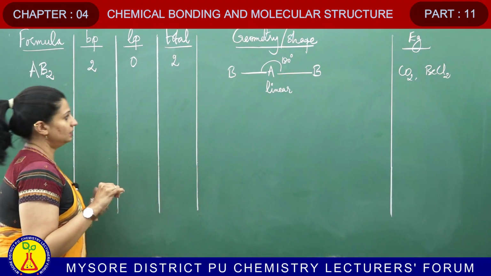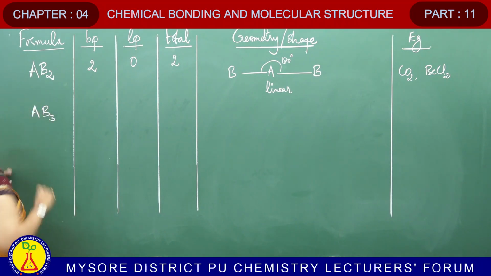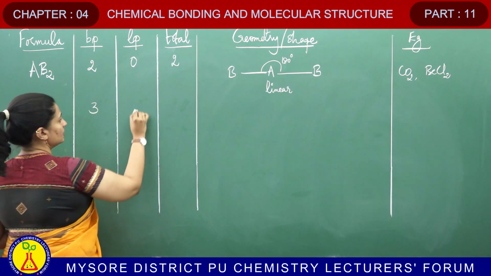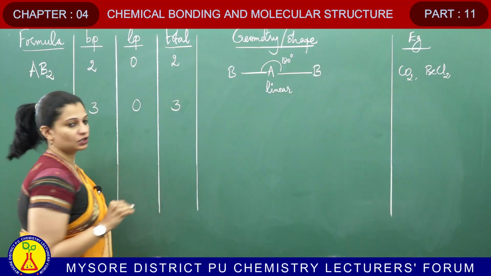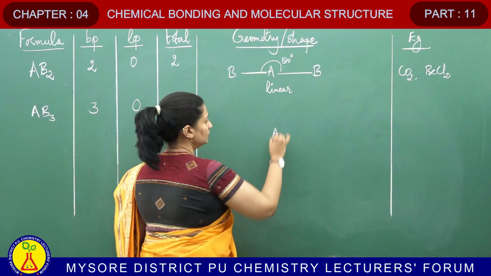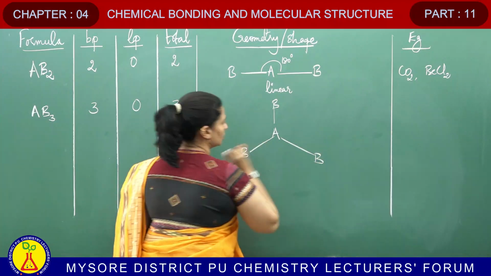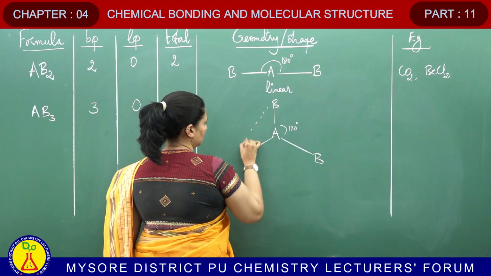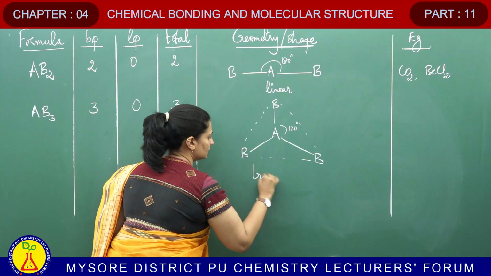Now, the second example that I would like to take is AB3. You have 3 bond pairs and 0 lone pairs and you have a total number of electron pairs as 3. Again, central atom of course in the center and you have 3 bonded atoms or 3 bond pairs, right. So, they are at an angle of 120 degrees apart, and if I outline like this, then this geometry is